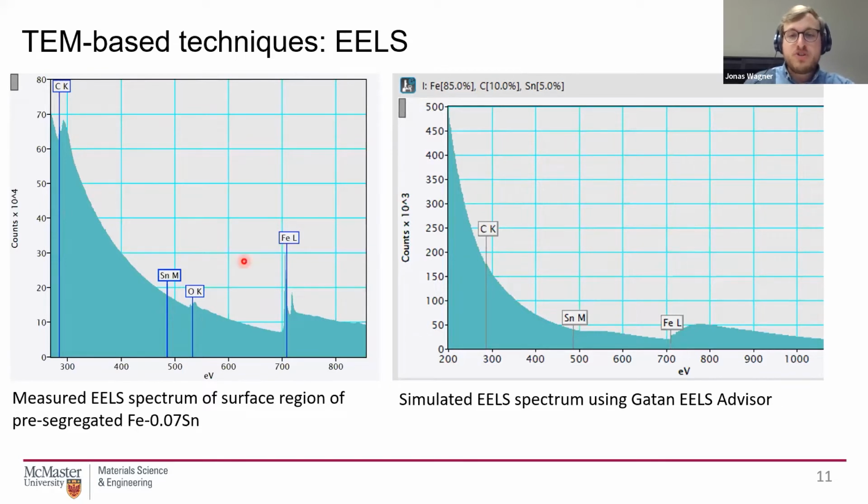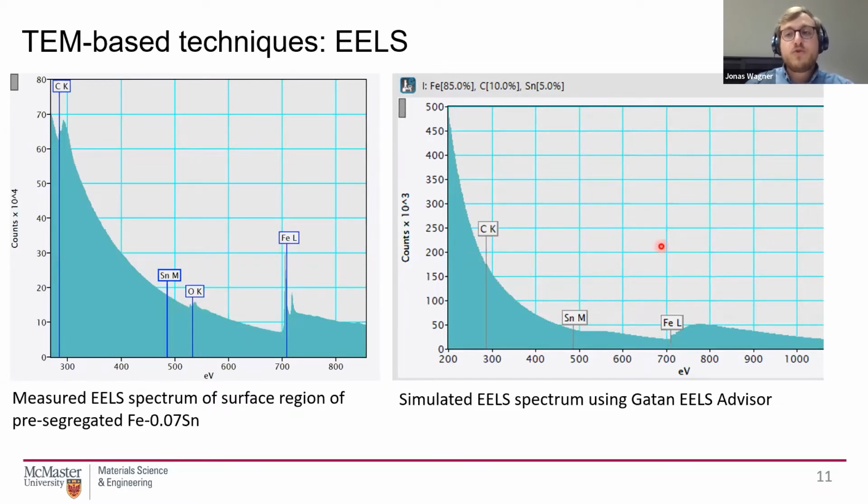Also, if you compare it to a simulated spectrum, I used the Gatan EELS Advisor. I can just recommend you give it a try before you actually make your sample. Just go to the EELS Advisor, enter your sample, and see how the peaks distribute. And we can see here, first, tin doesn't have a very dominant peak. It is more like a hump, and it's most prominent between 500 and 600 electron volts. And this is exactly where in my sample I do see an oxygen peak from oxygen contamination.